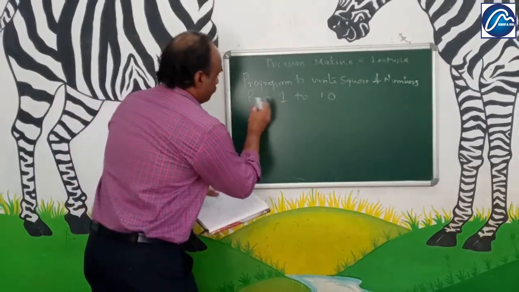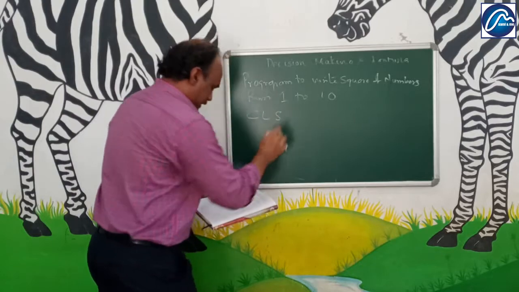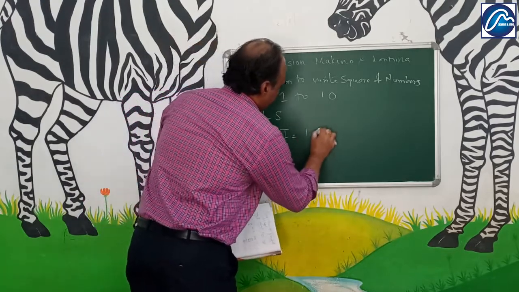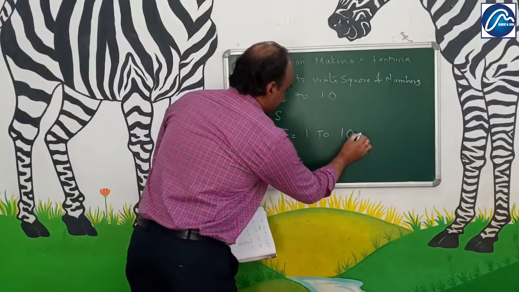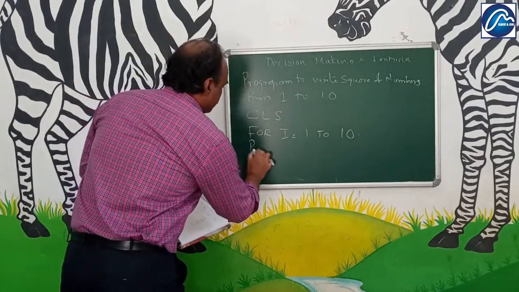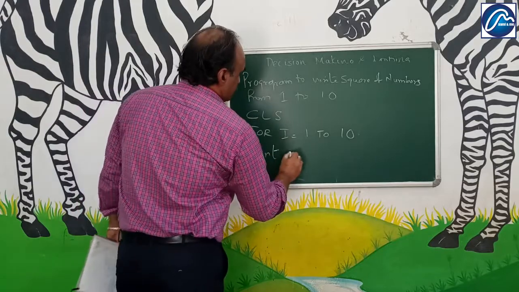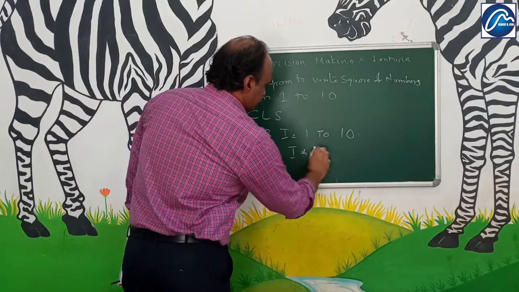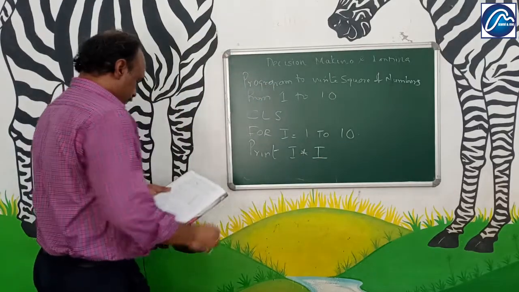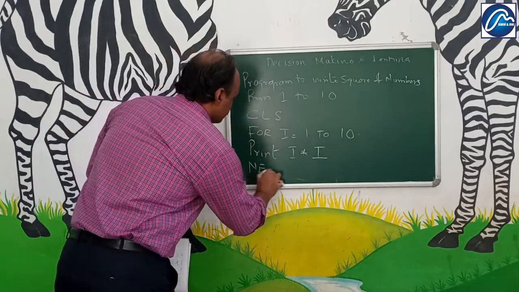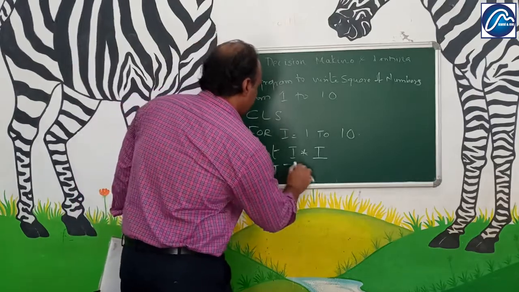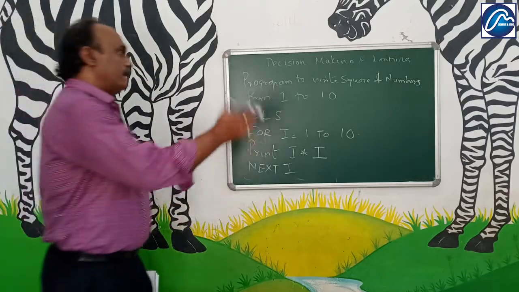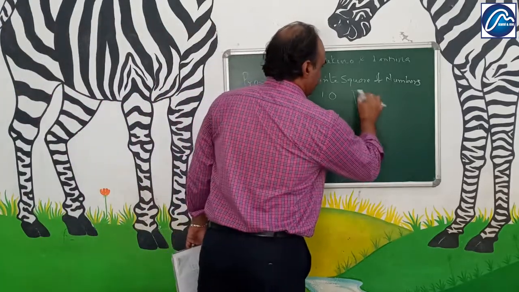So, every program, as I told, should start with CLS. For I equal to 1 to 10, print what? I multiplied by I. Next I. So when I run this program,